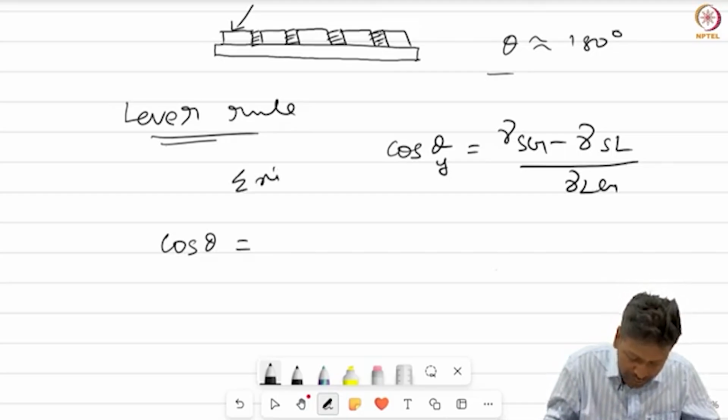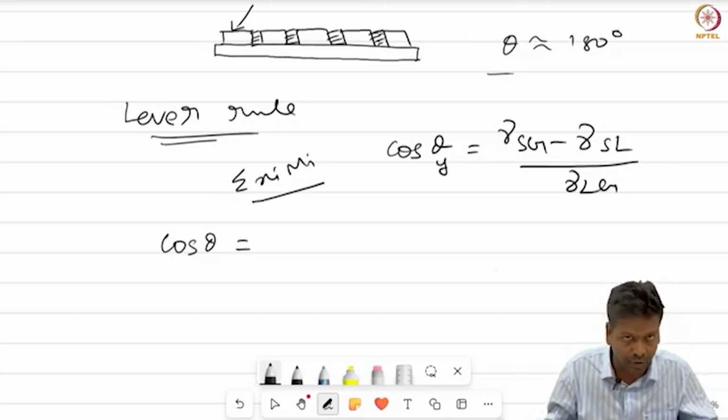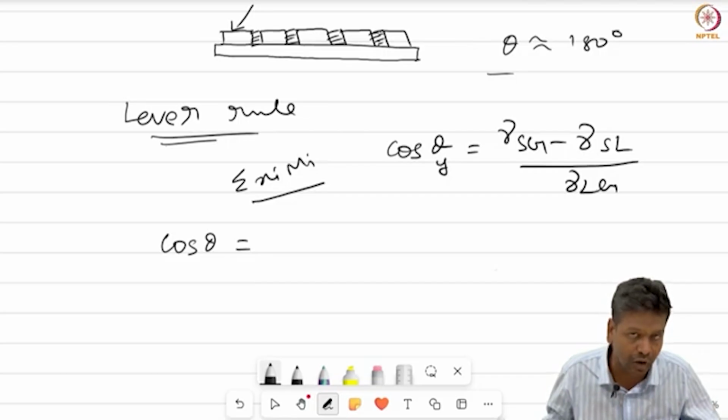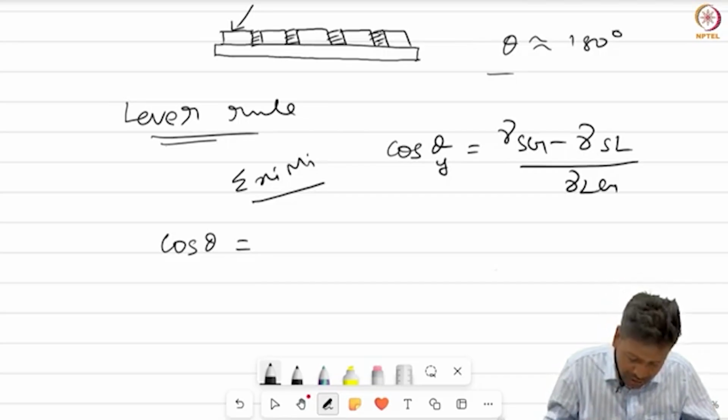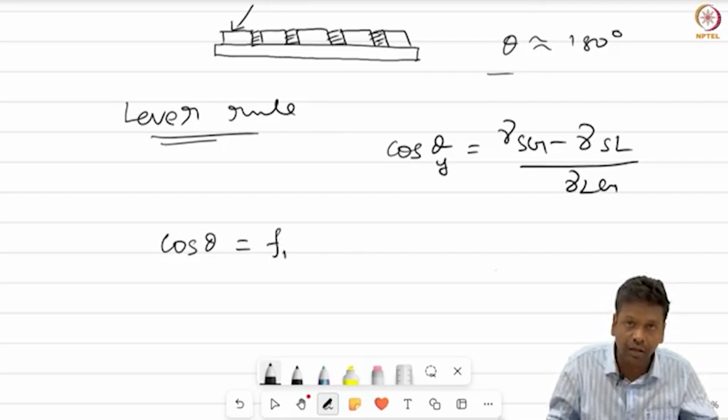So we use something like this, mole fraction into the property, corresponding to a particular compound. In this case, since we deal with the surface, we can call it fraction 1. So 1 represents type 1, right? So the fraction of type 1,